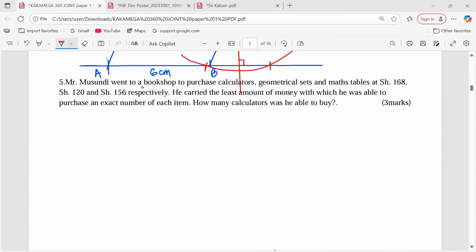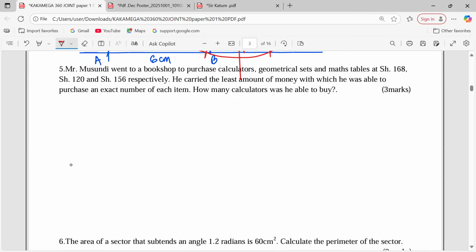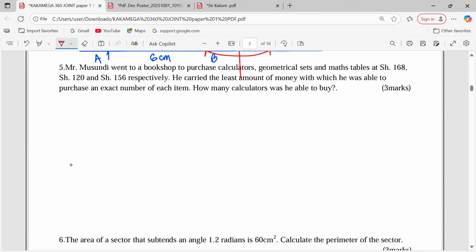Now to number 5. Mr. Musundi went to a bookshop to purchase calculators, geometrical sets, and math tables at 168, 120, 156 Kenya shillings respectively. He carried the least amount of money with which he was able to purchase an exact number of each item. How many calculators was he able to buy? So one thing that we're supposed to understand here